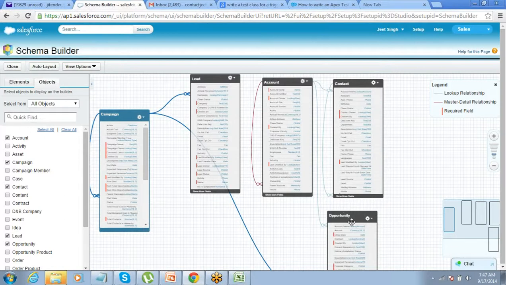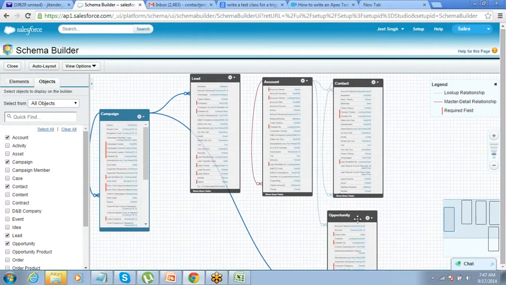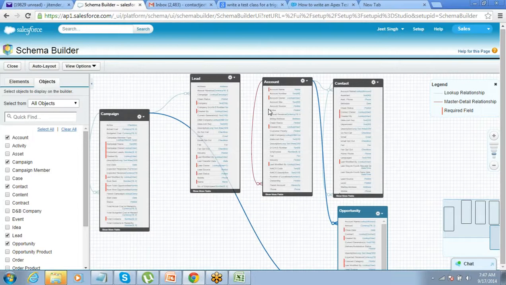So opportunity is the place where we are tracking all the deal related information, right? The sales, the amount of the sales. So why have they established this connection between campaign and opportunity? So that you can actually track how much revenue you generated from that campaign. So that can be tracked for that reason only. So opportunity is a child of campaign as well. Campaign and account. Got this thing? So this is how this relationship is. These are the tables. So this is the structure of the first half before sales.